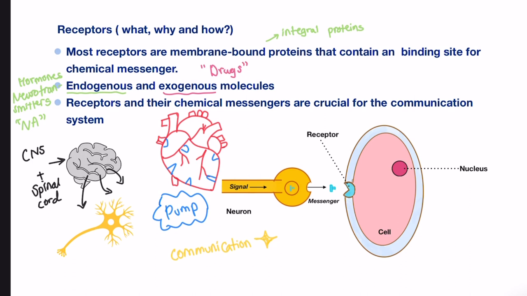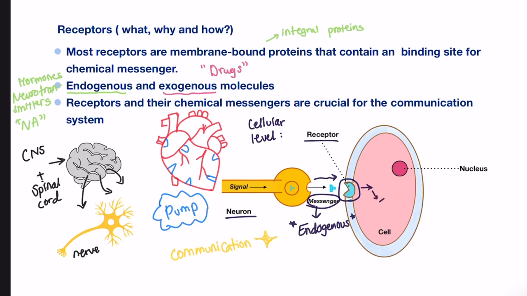At the cellular level, once the message reaches the last neuron, there must be a specific way of carrying the signal from the nerve ending to the target cell. Here comes the role of the endogenous neurotransmitters we just mentioned and their receptors. The nerve releases this chemical messenger, which then diffuses across the gap to the target cell, where it binds and interacts with the receptor embedded in the cell membrane.